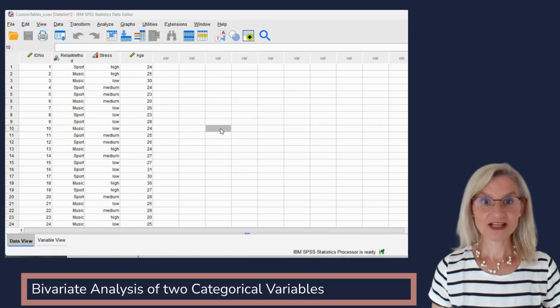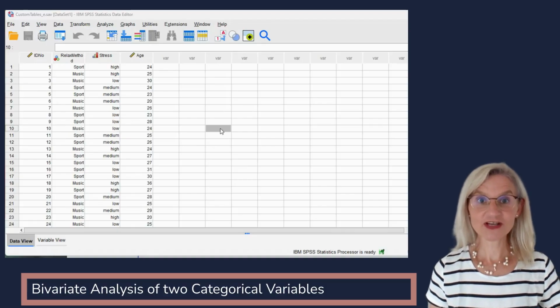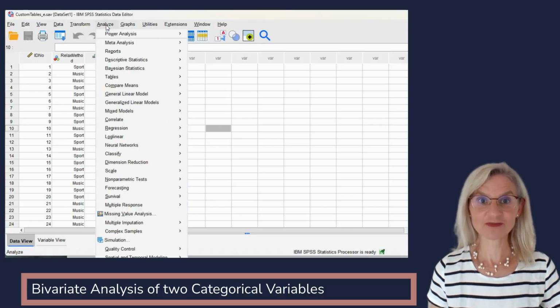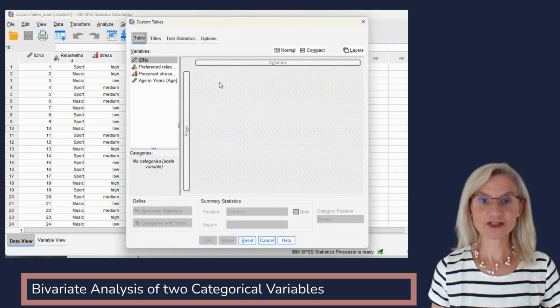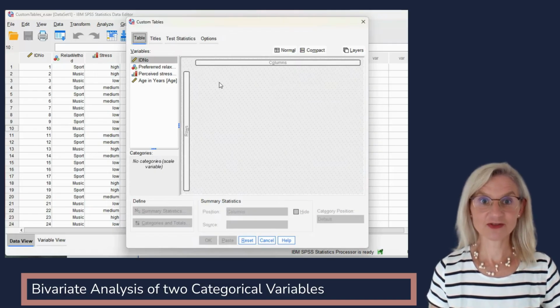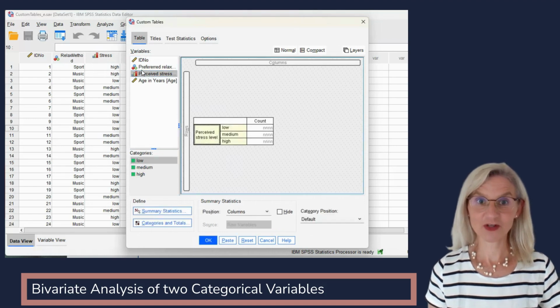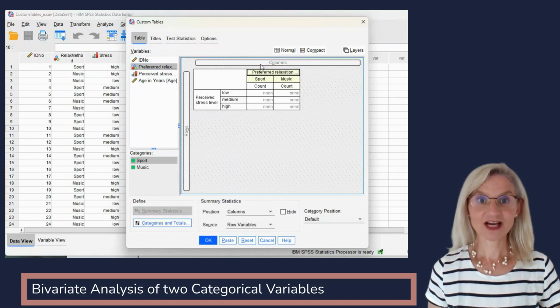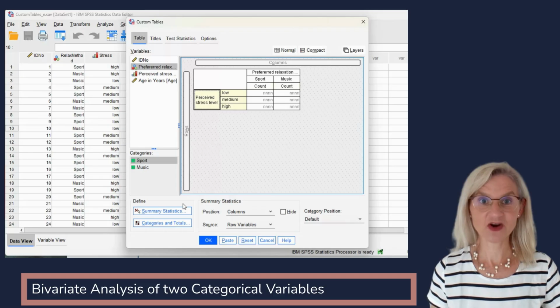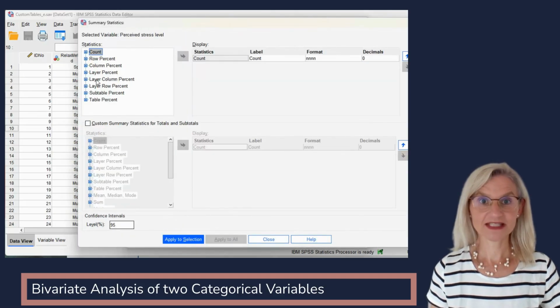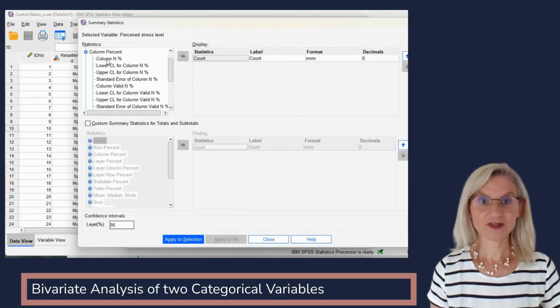Finally, let's look at the bivariate analysis of two categorical variables. As before, go to the menu Analyze, then Tables, and select Custom Tables. Suppose we want to examine whether perceived stress level differs between the two categories of preferred relaxation method. To do this, drag perceived stress level into the rows area and preferred relaxation method into the columns area. SPSS initially shows the counts. To add column percentages, click the Summary Statistics button, select Counts as column percent, and